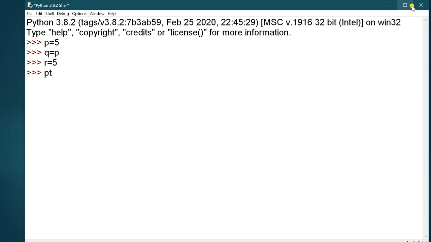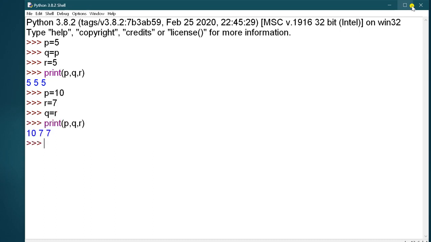If you print P, Q and R, it will give you 5, 5, 5. Now the value of P has changed to 10, R is equal to 7 and Q is equal to R. Okay, now check the result.